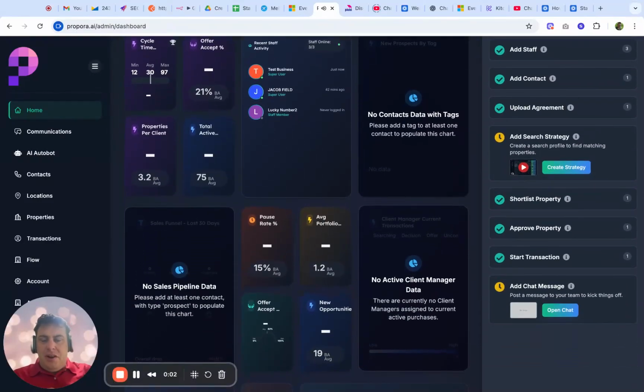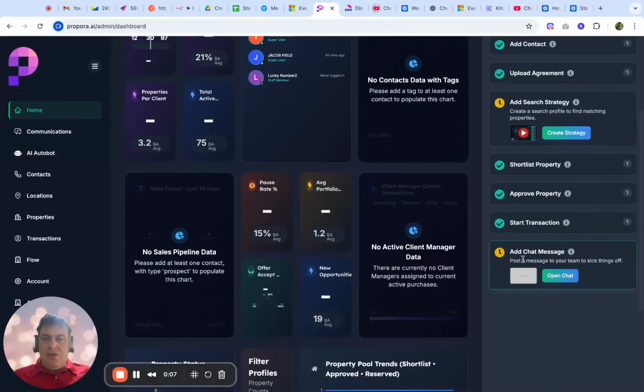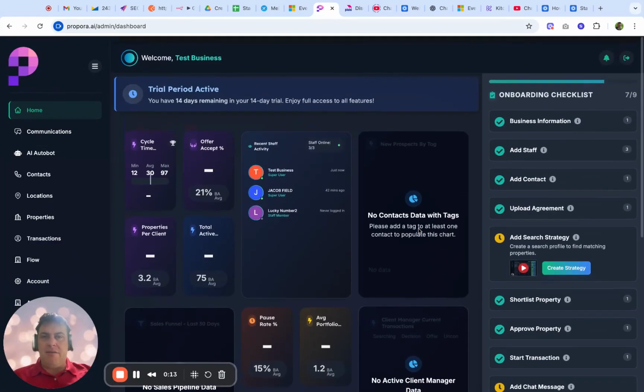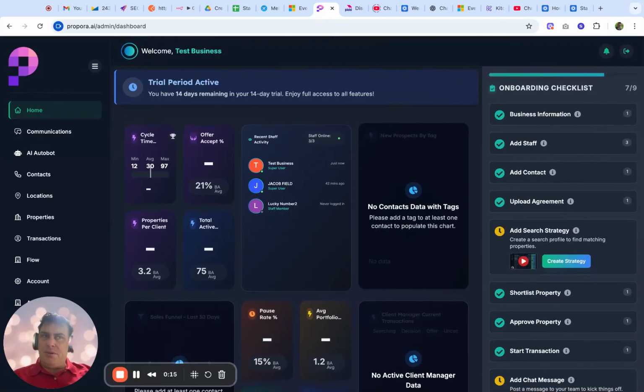Okay, in this really short video, I'm going to be taking us through the final onboarding checklist item here, which is adding a chat message. It's more of a placeholder just so we can really get a feel for the communication section of the platform, which is really powerful. It helps us to engage, to nurture, and to progress prospects into clients,